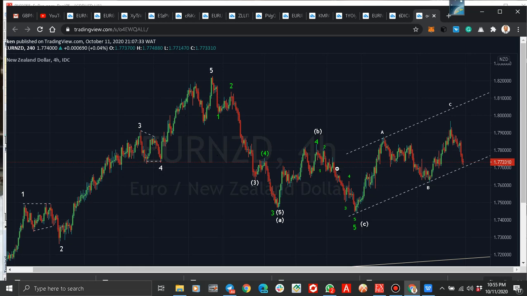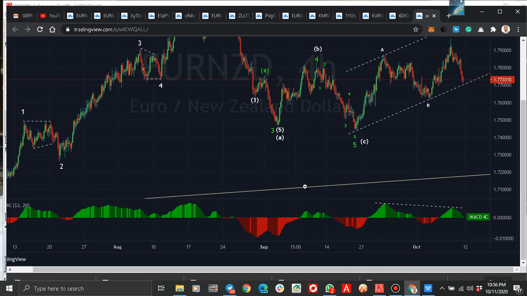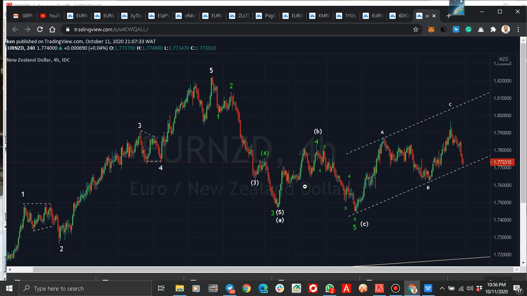But you can see what is happening here. After this move, if we have something here and it keeps moving up, then I will take here as the end of the correction. But for now, I want to follow the second option, which is counting this very